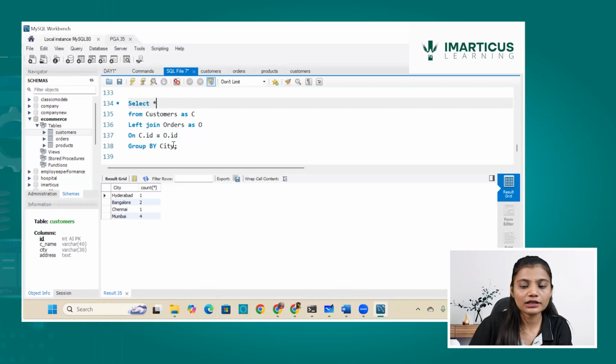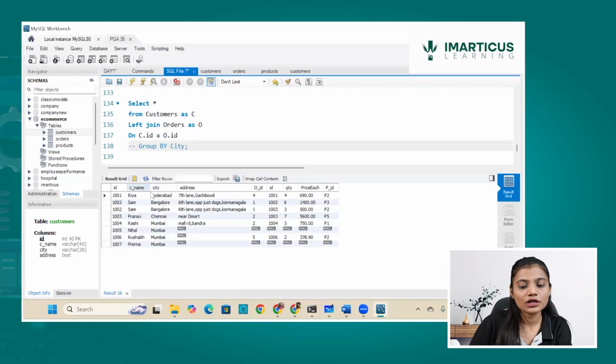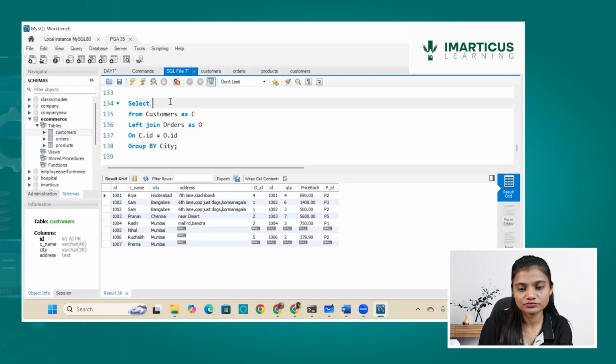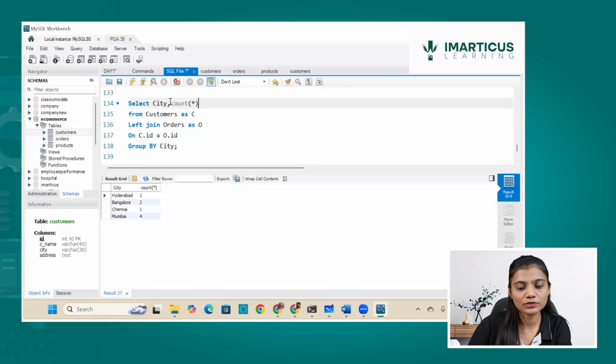But instead of this, now let me do star and let me eliminate this group by. So how many total orders were placed from Mumbai? You can see 1 and 2. And how many orders is it giving me? Let's see. 4. Why?